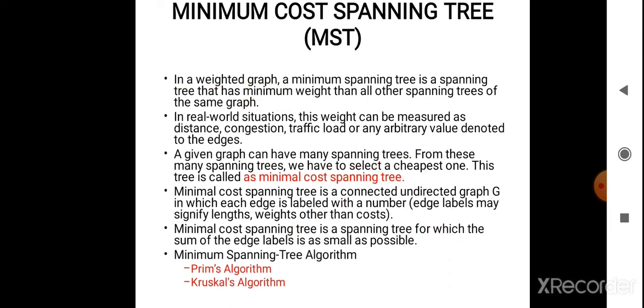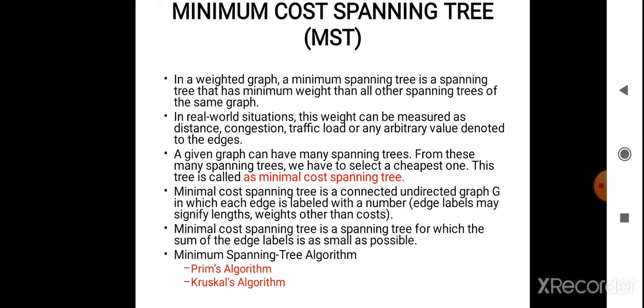A given graph can have many spanning trees. From these many spanning trees, we have to select the cheapest one. This tree is called a minimum cost spanning tree, or MST. The minimal cost spanning tree is a connected undirected graph in which each edge is labeled with a number, that is the cost. Minimum cost spanning tree is a spanning tree for which the sum of edges labeled is as